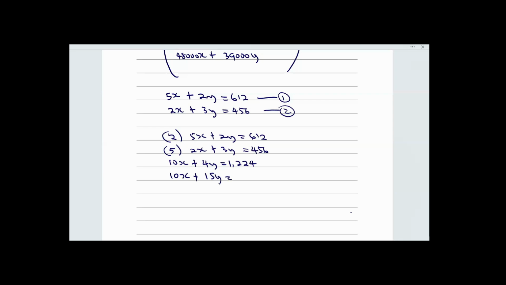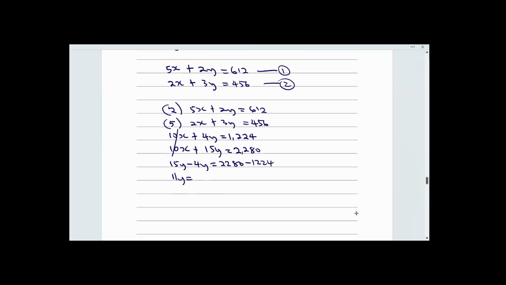15y equal to 5 multiplied by 456. That gives 2,280. So this will cancel this. So 15y minus 4y equal to 2280 minus 1224. All right, here is 11y equal to